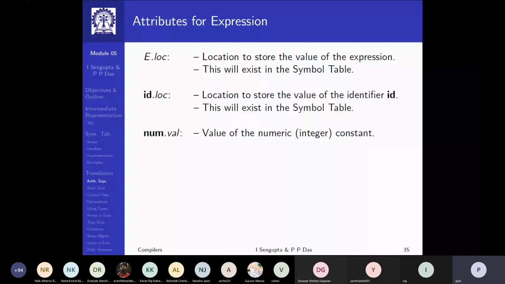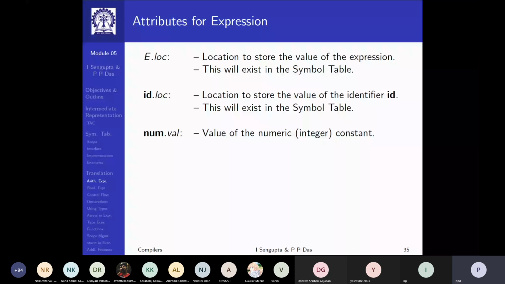Since this value has to stay in a location, we will create temporaries on the fly. We'll create temporary variables on the fly, put them in the symbol table along with the user-defined variables, and keep the values of the expressions in those temporaries as and when necessary.